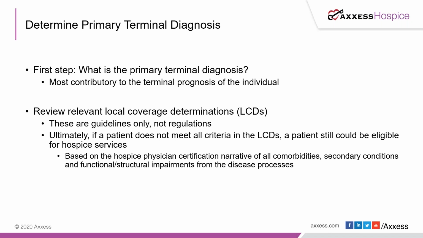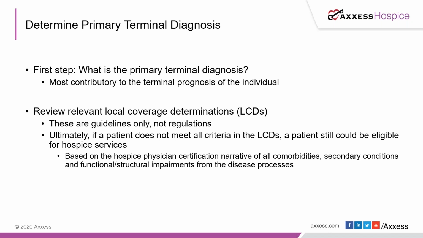We are supposed to review the relevant local coverage determinations, or LCDs. There's one for each Medicare administrative contractor. They are similar. NGS and CGS are a little more similar than Palmetto. Palmetto's is a little more vague, but all of them are listed as guidelines. They're not regulations, but they are guidelines that we need to take seriously. But ultimately, if the patient doesn't meet all of the criteria in the LCDs, they could still be eligible for